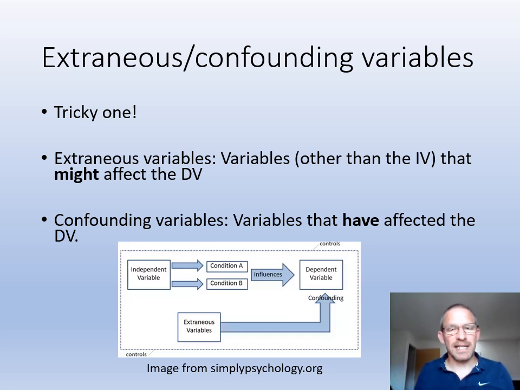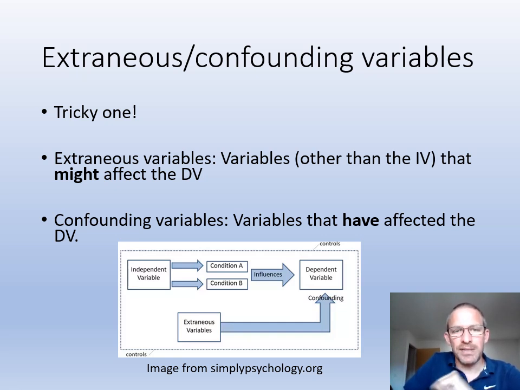So the first one is extraneous and confounding variables, sometimes used interchangeably. We need to be a bit more careful with that. We need to separate them. I've had a look into this. This is a tricky one. Teachers often ask me what's the difference, or how do you get the difference across to the students. So I looked into this again today, and the consensus seems to be don't overcomplicate it,